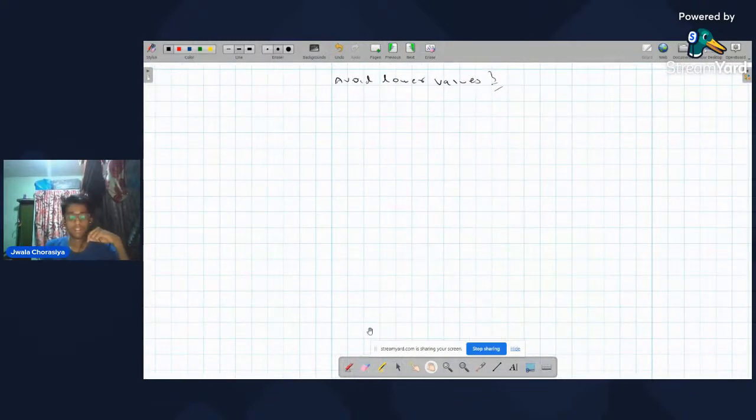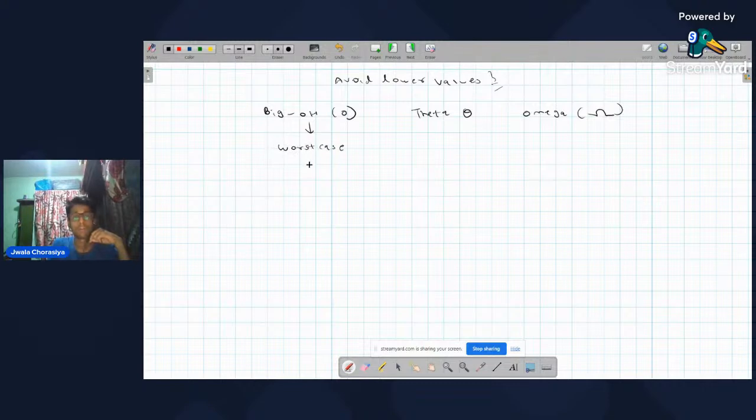Okay, so let's go through a few notations which we have in time complexity. Generally these things come up in theory questions only. So we have big O, which is denoted by this, then theta, then omega. Okay, so big O is notated as the upper bound complexity, or the worst case scenario, or I can say the upper bound